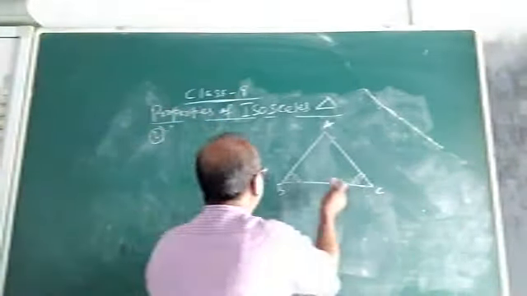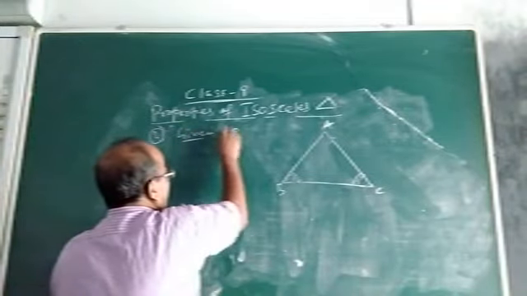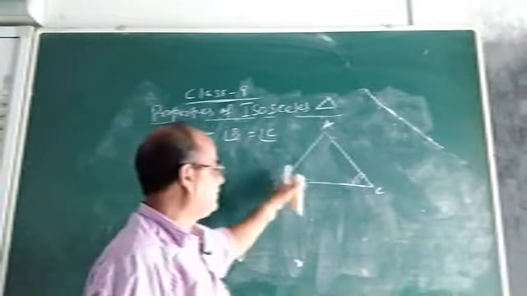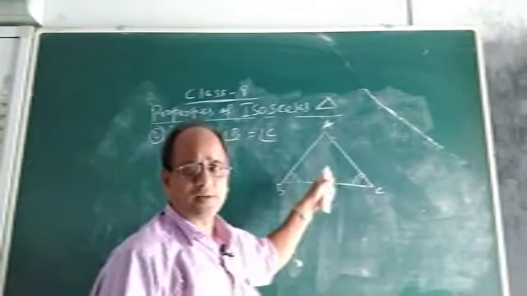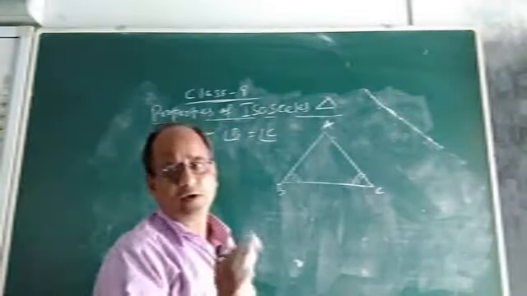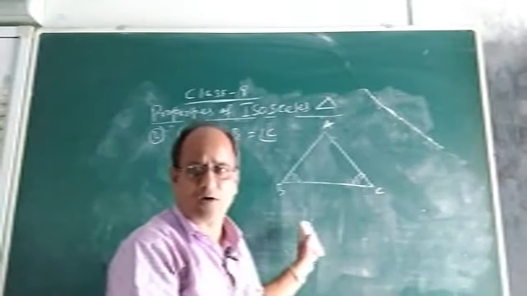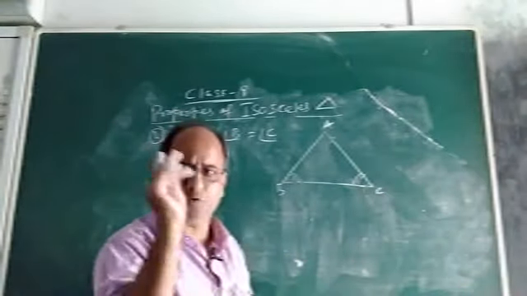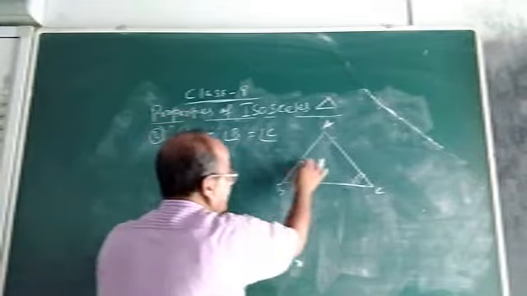See, so what is given here? Here it is given that angle B equal to angle C in triangle ABC. So I said, what will be the relation between the opposite sides of these two equal angles? The relation will be, they will be also equal. If two sides are equal, then their opposite angles are equal, just we proved now. Now the converse will be, if two angles are equal in a triangle, in any triangle, then their opposite sides will also be equal. That means AB will be equal to AC.